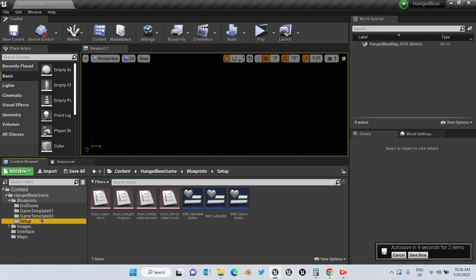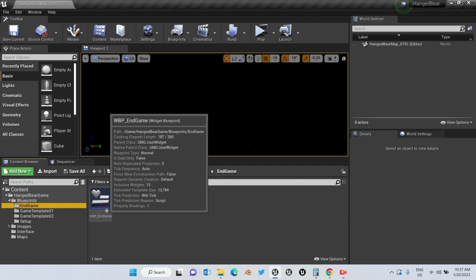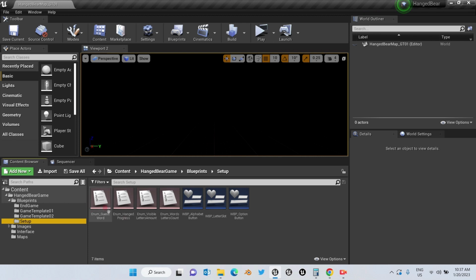Okay, now we're going to the setup folder, and here we have all these components that are needed for the main blueprint, widget blueprint, and the EndGame widget blueprint. Okay, we're going to start with the enumerations. So we have here the enum guess word. We're going to open it,